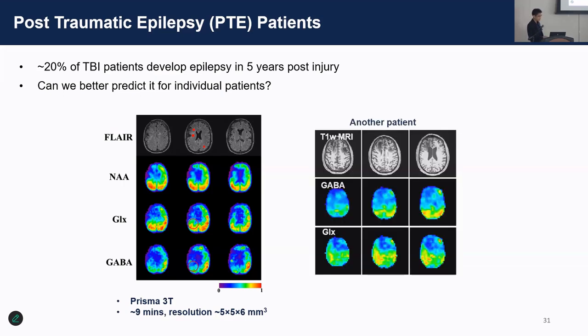Here's another patient data. The earlier data were not as good looking as this one, but you can still see that one of the lesions compared to the other shows a different pattern in terms of reduction in excitatory and inhibitory